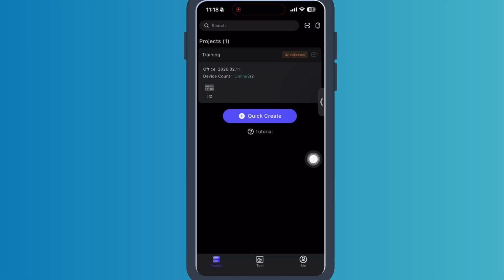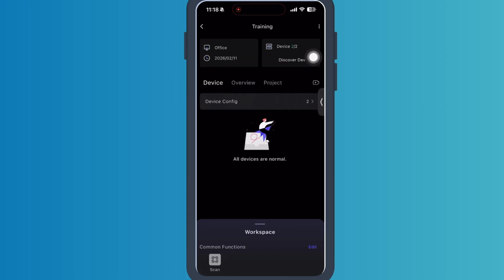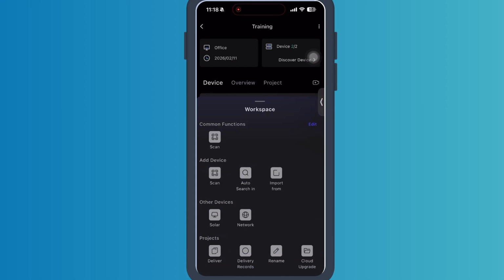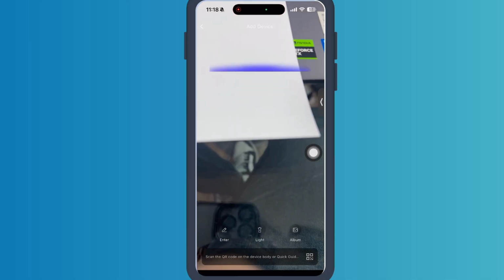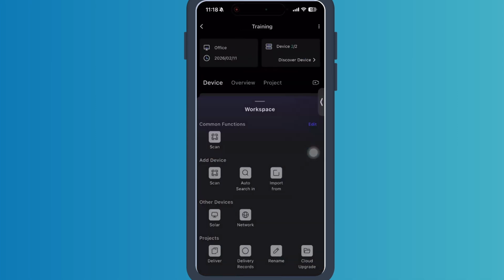Suppose training is my job site and I have another NVR on that job site. You just have to click on that project and scroll up the workspace. You can see over here, add a device. We have two options: the scan option and auto search in LAN. If you have the QR code, you can just hit scan, scan the QR code and follow the instructions on the screen, and the device will be added